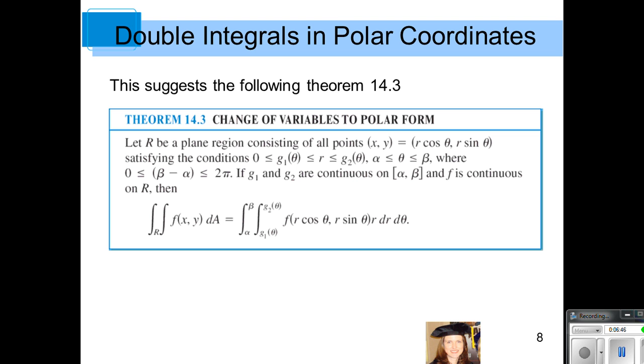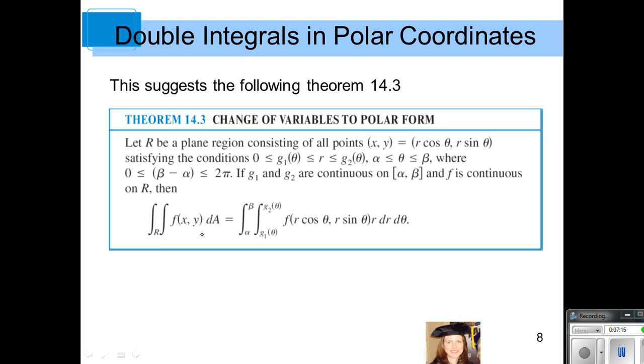So this is the theorem looking at change of variables to polar form. We suppose we're given a region, and the radius is in between these two functions of theta, and the angle is between these two values, alpha and beta. And we could say that there's a double integral over R of a function of x and y dA can